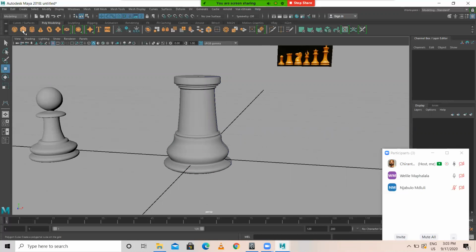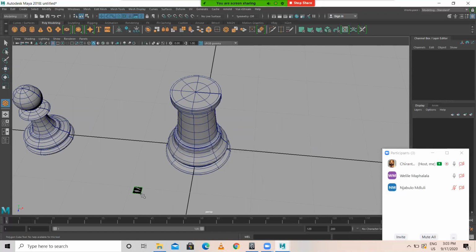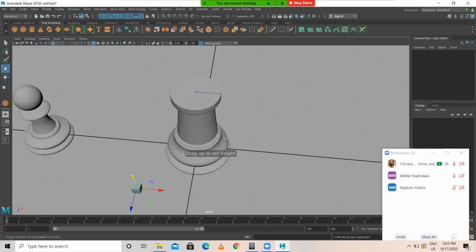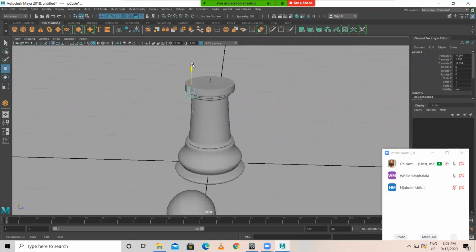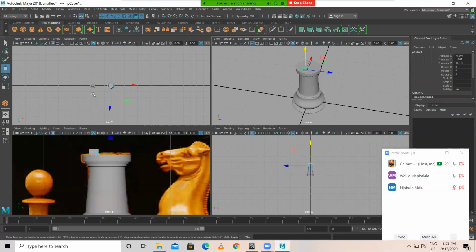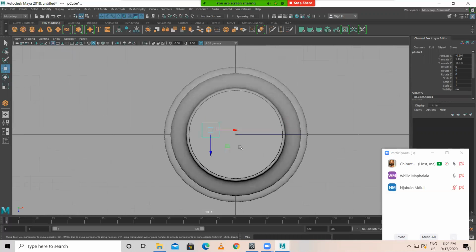After that, I'm just taking one cube. So I just place this here.